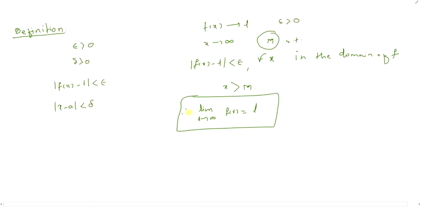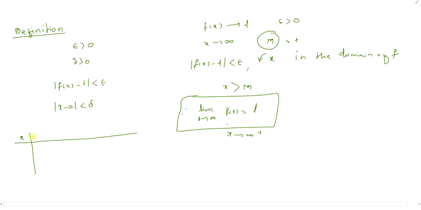But if we consider the negative values of x, as you remember I have told you here, x takes positive values, that is x tends to plus infinity, isn't it? But x may take negative values also. So what do we have to do if x takes negative values? First we will see what it actually means when x takes negative values. So let us see.